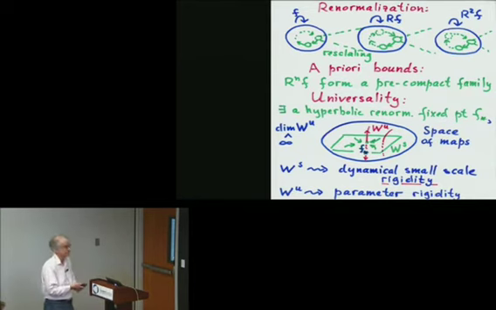And then there is this fantastic picture, also coming from physics. But for people in dynamics at that time, it was a complete surprise that in some circumstances you can anticipate even much more than precompactness. You can anticipate that there is a fixed point for this dynamical system. Something which in this scale looks exactly like in the original scale, of course, after this rescaling. There is a fixed point of renormalization. Now this is the whole big space of maps under consideration. It's a big infinite-dimensional space of maps. And here we have a fixed point.